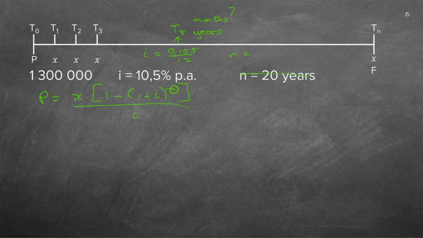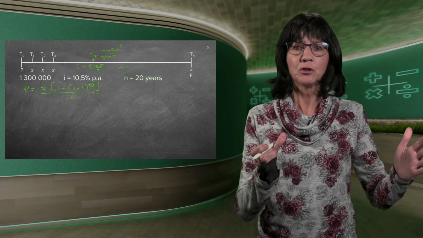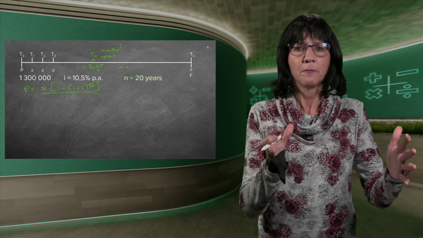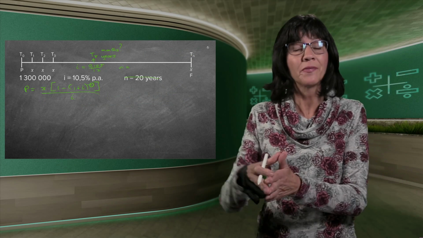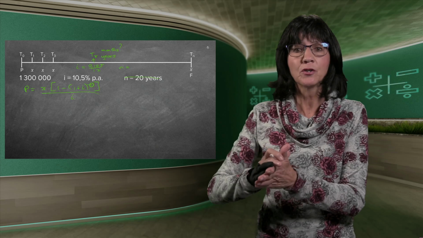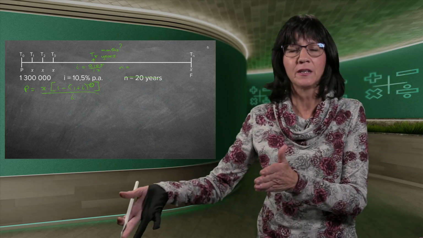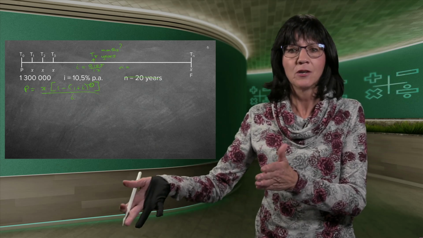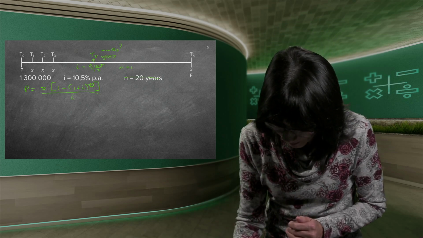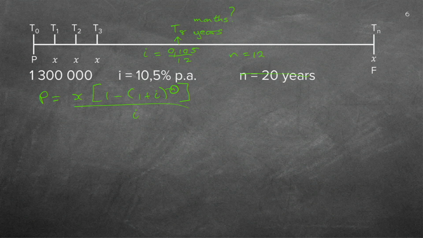If you want the outstanding balance, you cannot use the previous 8 years' balance because that's not what you want. You want the outstanding balance. So you want to know from the 8th year to the 20th year, how many years are there? 12 years. So N is 12 years, but remember I'm working in months. So I need to multiply it by 12, so I get my 144 months. Are you with me? So make very sure after 8 years, you want to know what is your outstanding balance.